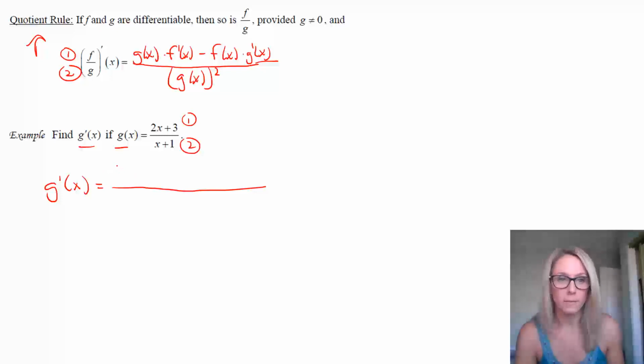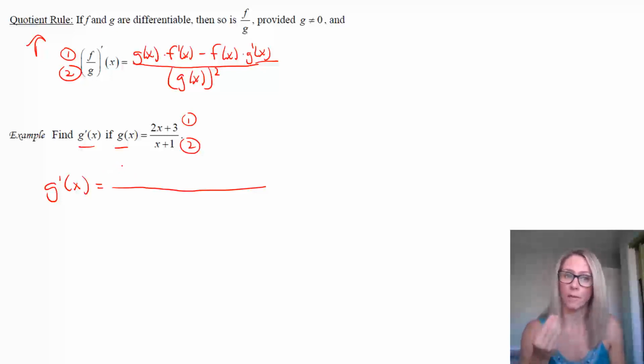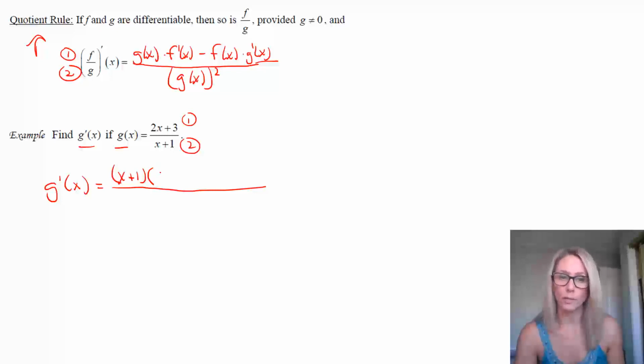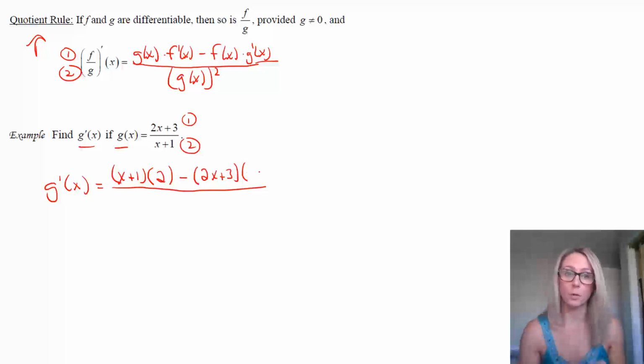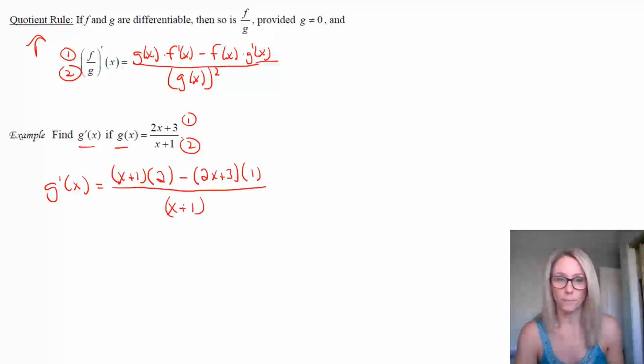So we take g of x. In this case, g of x is just, think of it, your denominator. So we take the denominator. We're going to multiply that by the derivative of the numerator. The derivative of the numerator, 2x plus 3, is just 2. Again, I'm using the power rule. I'm using the derivative of x here. Just basic stuff. Then I subtract from that the numerator, 2x plus 3, what I have in the top, times the derivative of the denominator, derivative of x plus 1, well, derivative of 1 is 0, derivative of x is 1, and then over the denominator squared. That g of x squared, denominator squared, no derivative there.